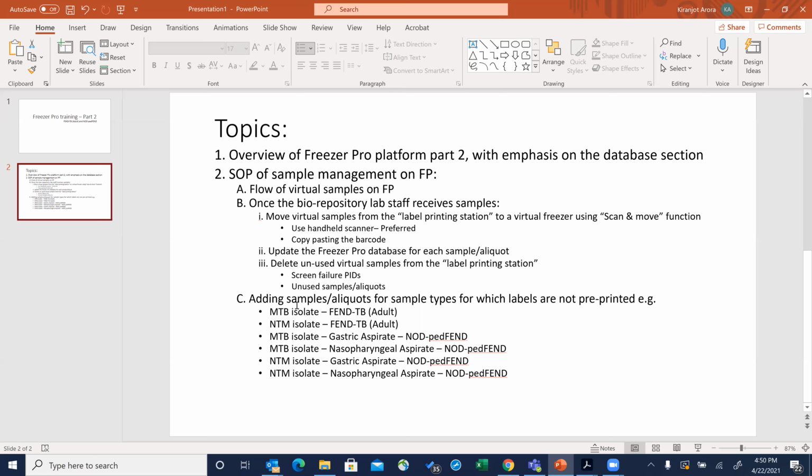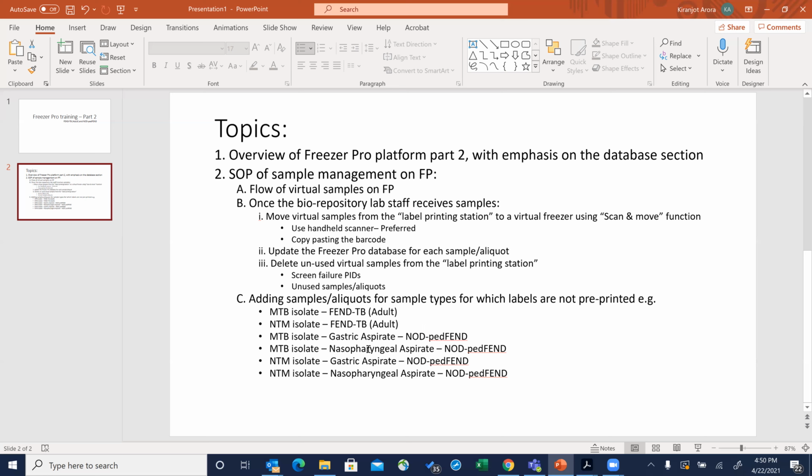And in the end, I will also share how to add samples or aliquots of sample types for which labels are not pre-printed. For example, in the FEN-TB adult study, we are not pre-printing labels for MTB isolate or NTM